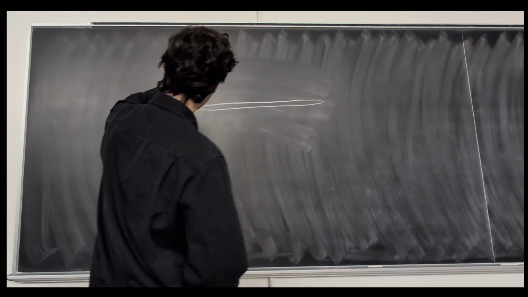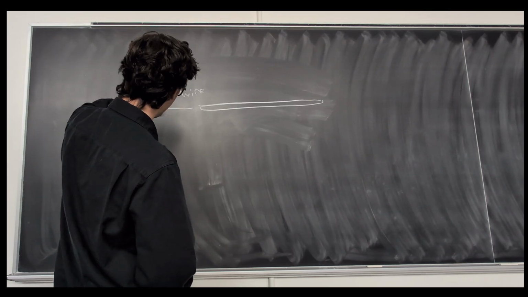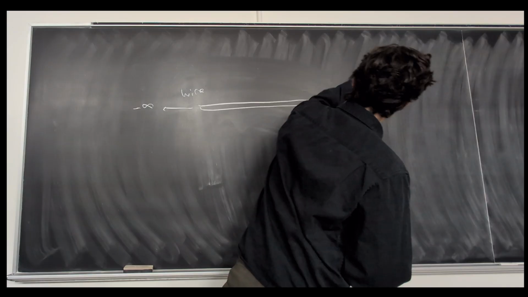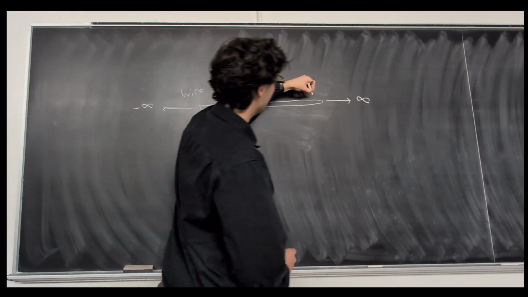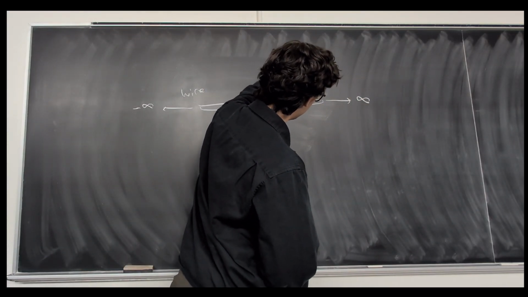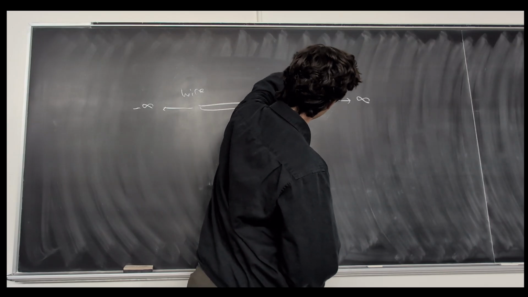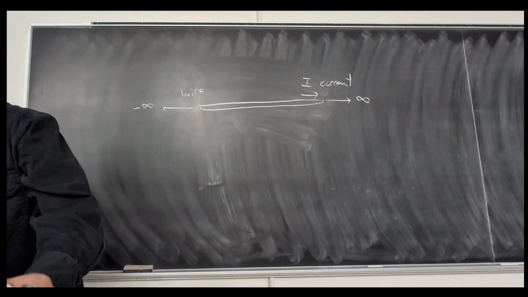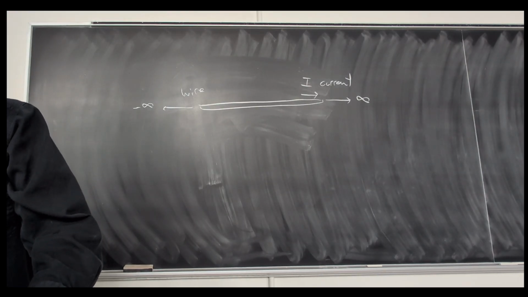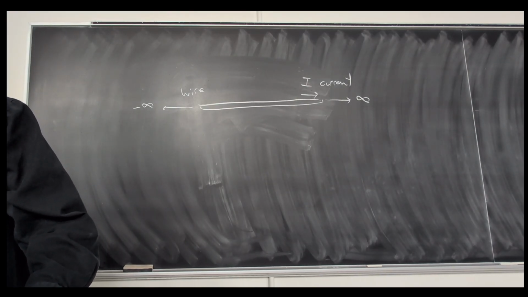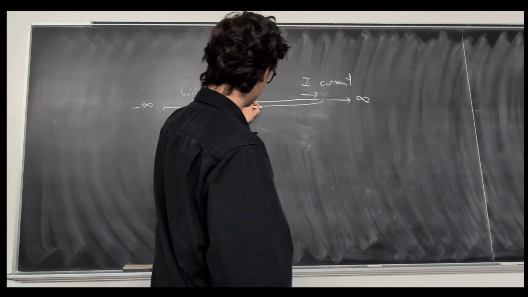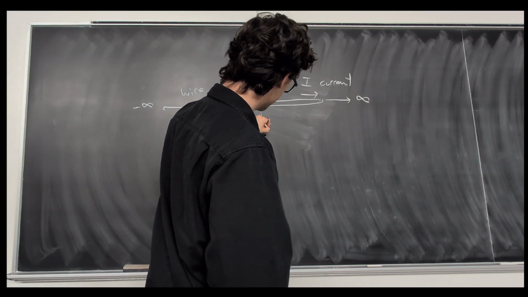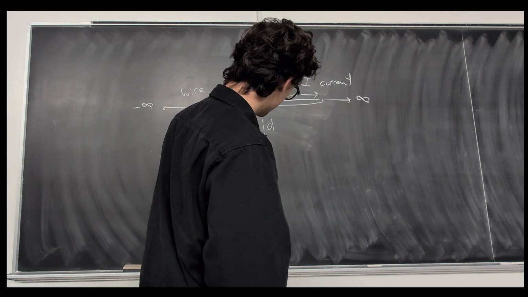This is a wire. It goes over here to negative infinity, and it goes over here to positive infinity. Super long wire. It also has a current, I, and it is going from left to right. And we are asked to find a distance d from the bottom of the wire. This is d. There is a point